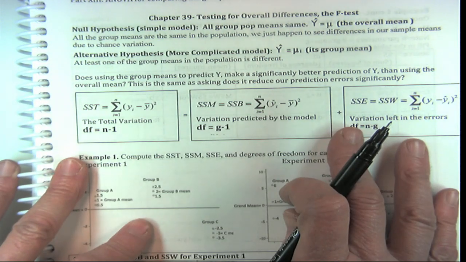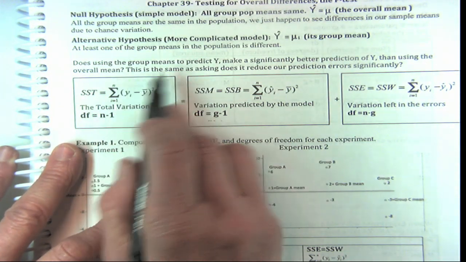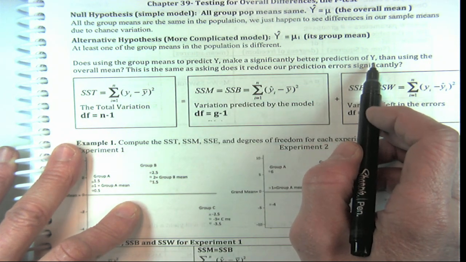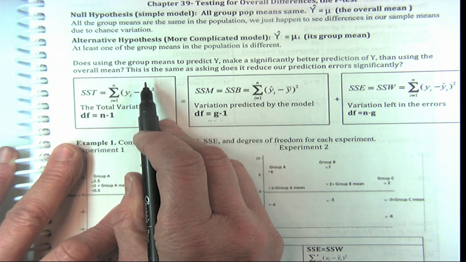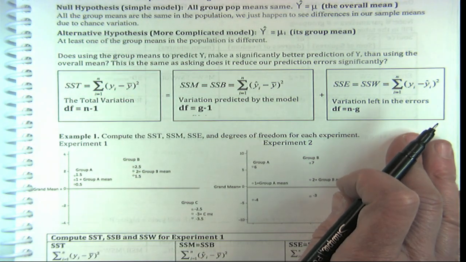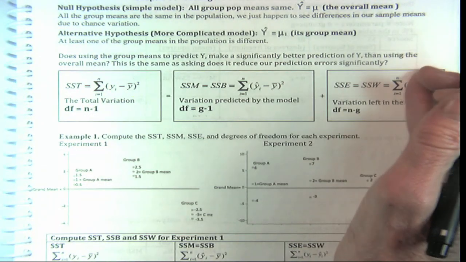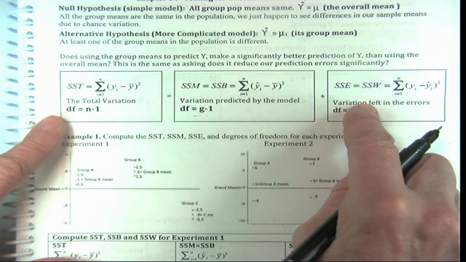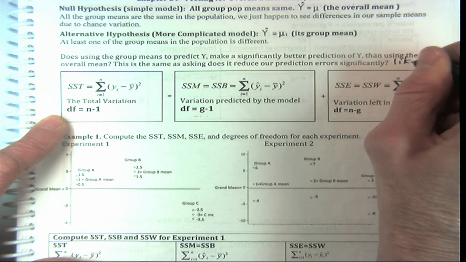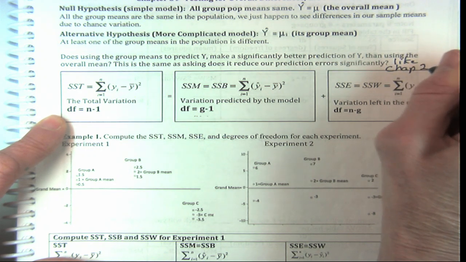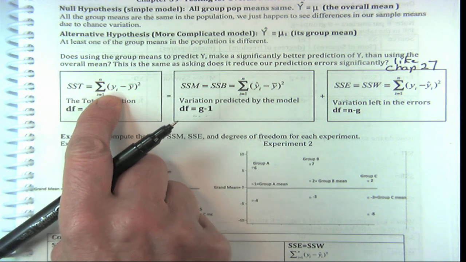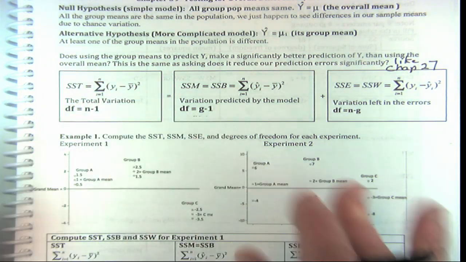Okay, so now we're doing the exact same thing we did before. Does using group means to predict y make a significantly better prediction of y than just using the overall mean? This is the same thing we've been doing before, and this is just like chapter 27. We had the same split where we said, okay, you have the sum of squares total,